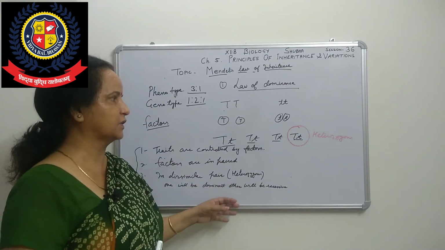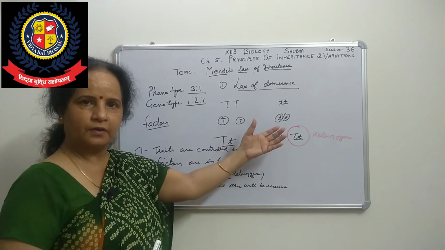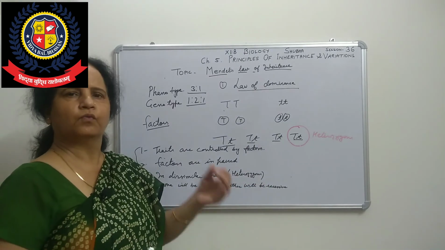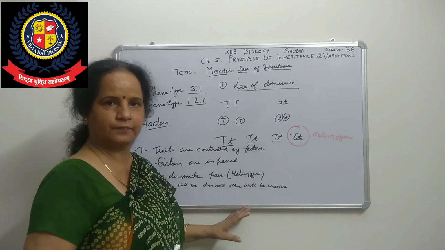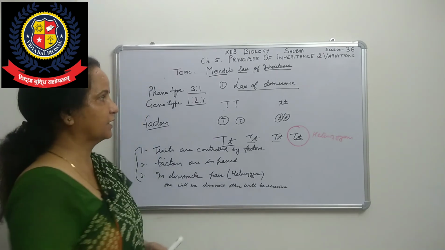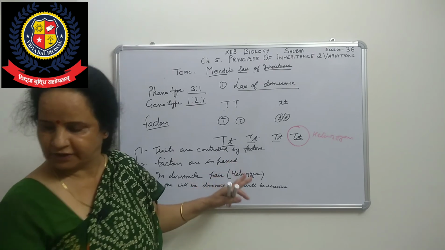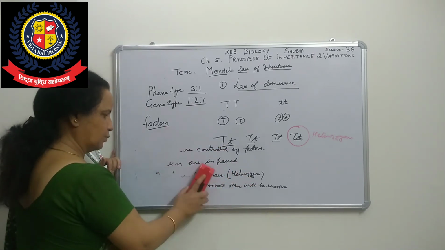And everywhere we have seen, whether we have done a test cross, here also we have seen dominance. One capital letter is showing the dominant trait. Whatever characteristics we are taking, whether axial or terminal, this will fit. One more thing we can tell. Is that clear, beta? These are the statements of the law of dominance. Three points are given in the book also.